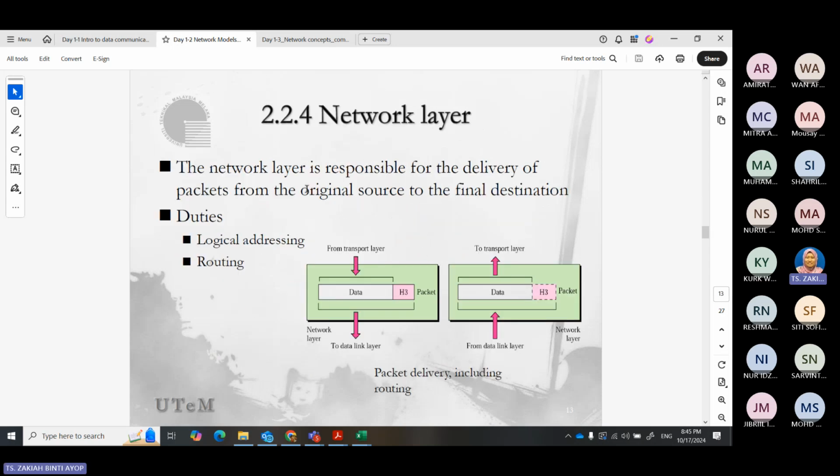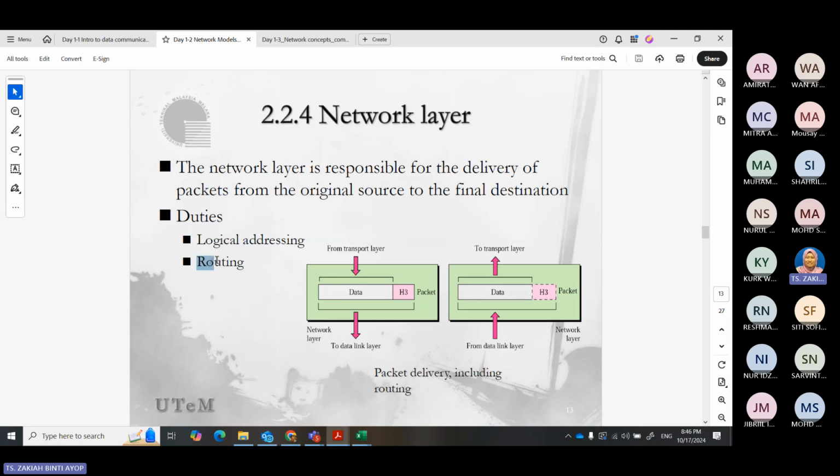So why do we need this network layer? It's because you need to have the destination, where you want to send. As for the data link layer, it is about who is the nearest station or stop that can help me send it to the final destination. So for this layer, we need a logical addressing, to determine who is the sender and who is the final device that should receive the message.